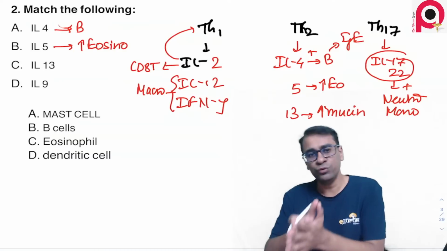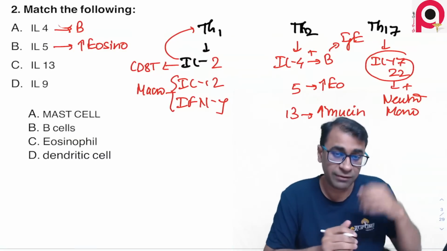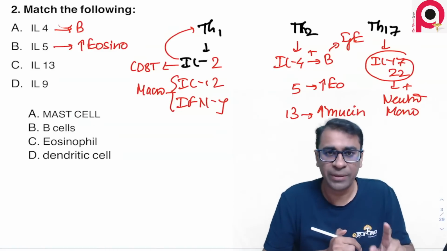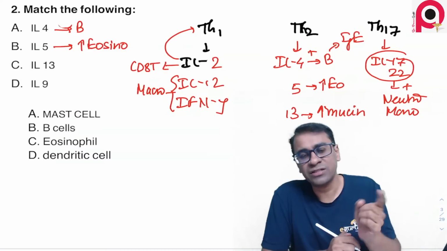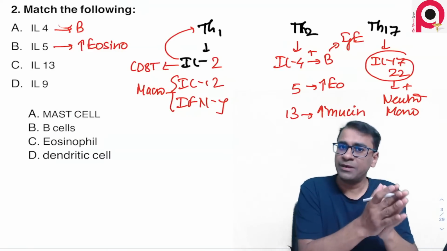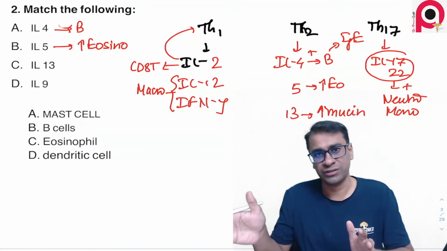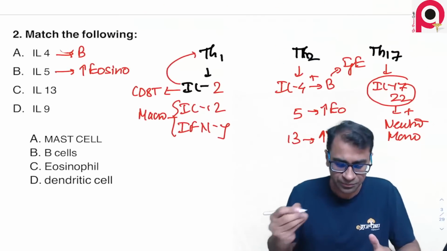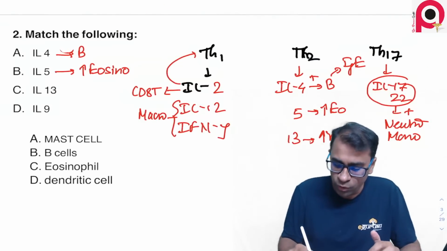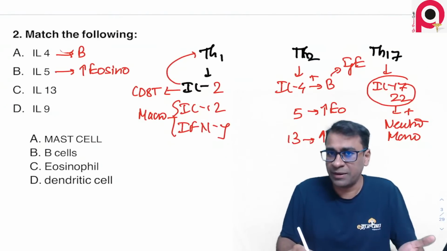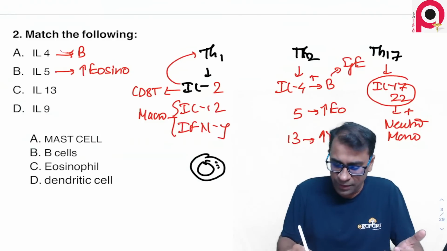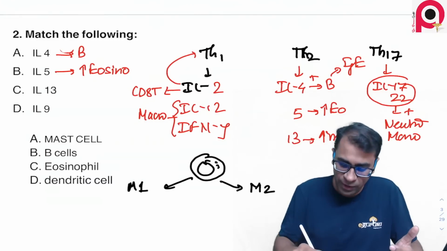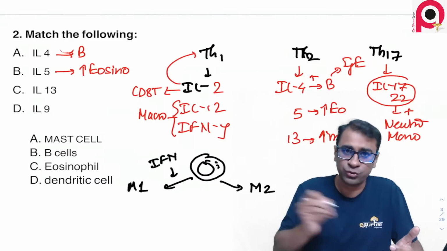But what might have confused you are the other two options, IL-13 and IL-9. Those who have attended my classes will remember that I mentioned IL-13 in one more area, in chronic inflammation, when the APCs were turning into the M2 macrophage. I also told you about interleukin 13 when I talked about the macrophage picking up the MTB and converting into M1 macrophage and M2 macrophage. The M1 macrophage will release IFN gamma.